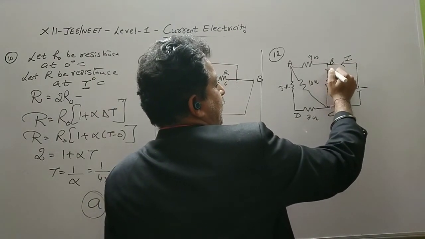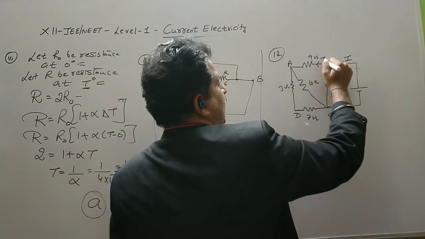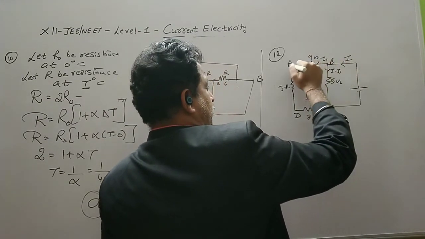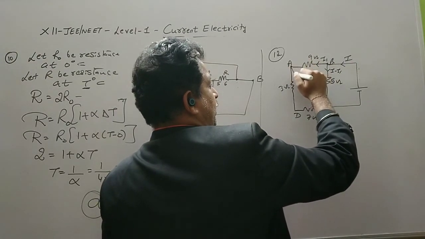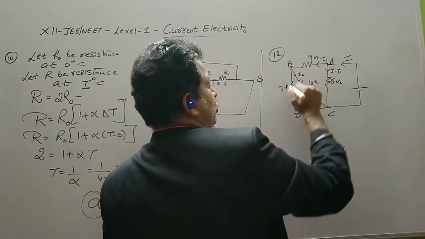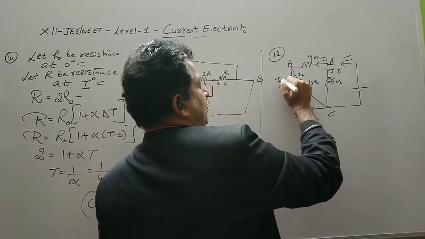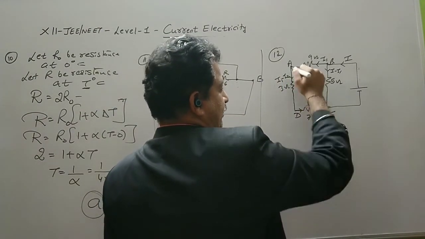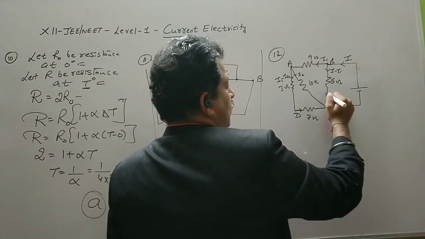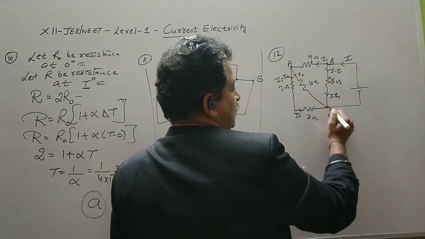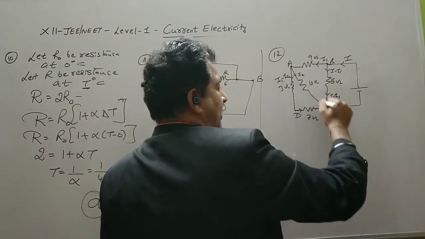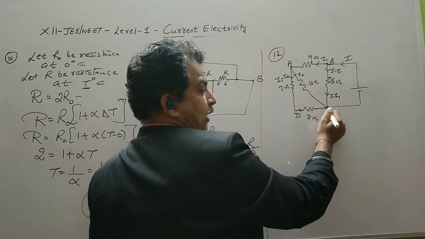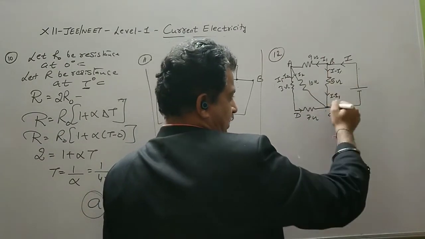This current is divided into two parts. Let this current be I1. So this will be I minus I1. This I1 comes to point A. Again it is further divided. So let this current be I2. So the current in 3 becomes I1 minus I2. This I1 minus I2 comes to point C. From this we get I2. And here we get I minus I1. So at junction C, I2 is added to I1 minus I2. I2 cancelled. So this I1 is added from this current.